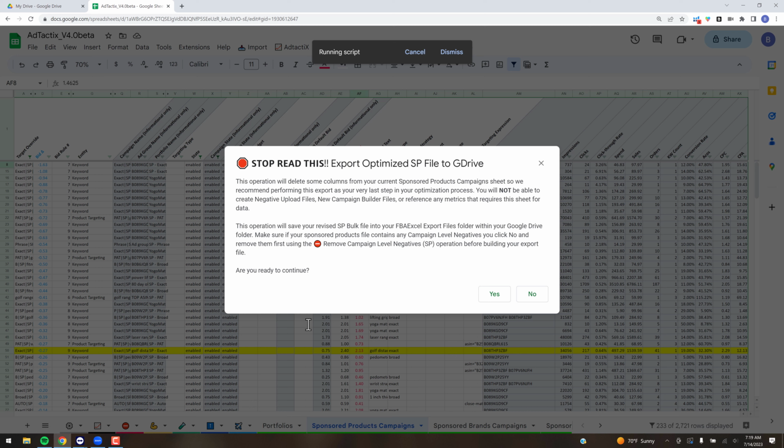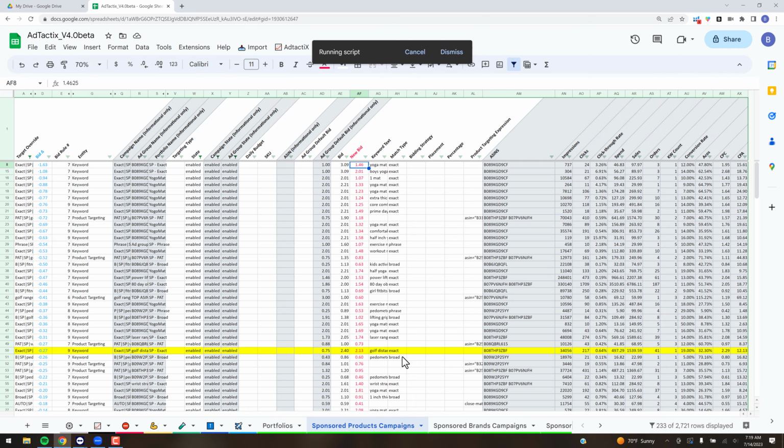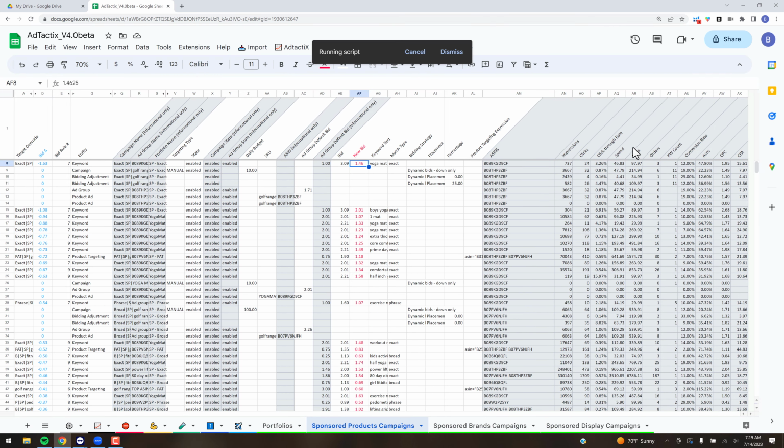But if you're just worried about bid optimization, just go ahead and hit yes, and you'll see it's going to actually delete some columns. That's why you can't go back and do those things. So it's going to format everything. It's going to save the file in your export files folder, and then it's just going to be ready to upload back to